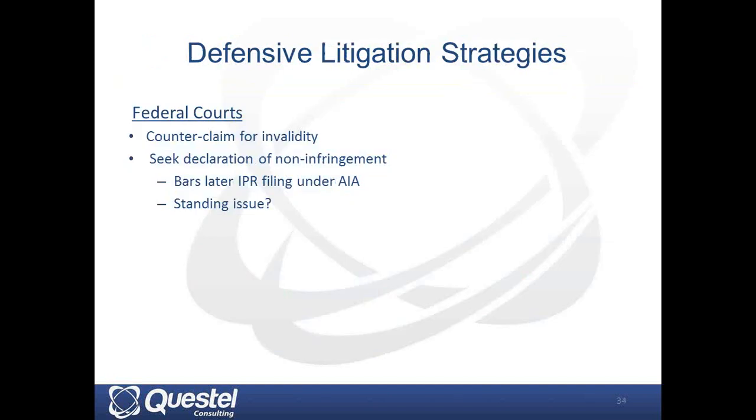Moving on to other defensive strategies, if we look at litigation, clearly in the federal courts, we routinely see companies, if sued, counterclaim for invalidity. It's possible to try to get in first if you've received a threatening letter, perhaps, and try to get the court to issue summary judgment against the patent holder. Just bear in mind, though, that if you go down that path, you will be barred from later filing an